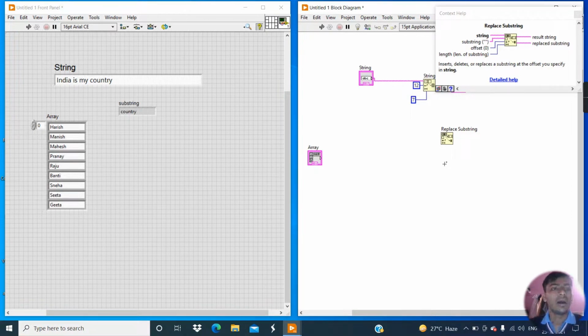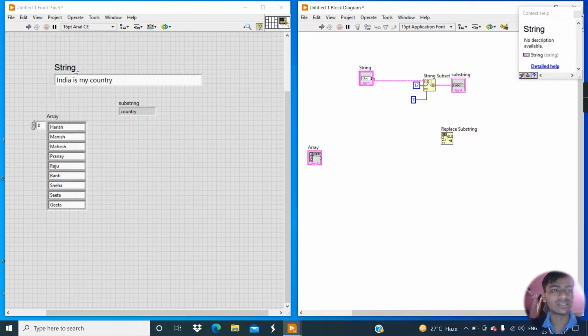Now let's understand the function of this tool by an example. Suppose we have a string like India is my country, and we want to replace the word country with another word like everything. I want India is my everything. So how can we replace this word?